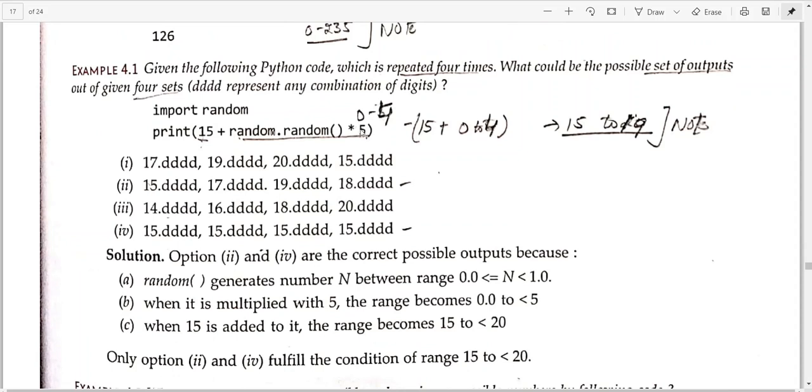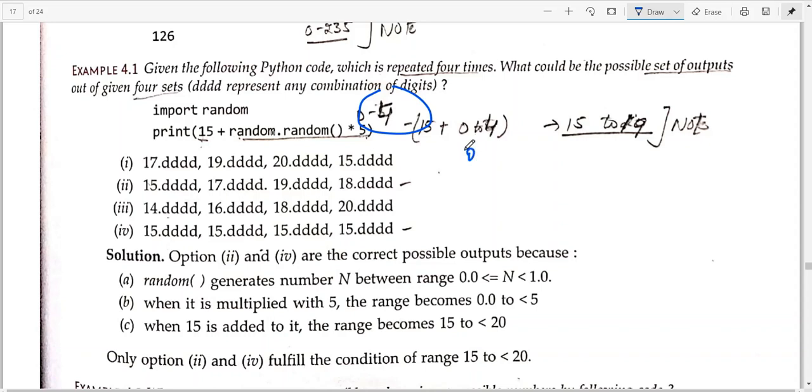Fine. It is saying take 5 numbers. That was a range. And here 5 numbers, with 0 also counted: 0, 1, 2, 3, 4. In total it is 5. So we will take 0 to 4. So 15 plus, firstly 0 can be taken up. 15 plus 0 is 15, so the minimum number is 15. What does 0 to 4 mean?